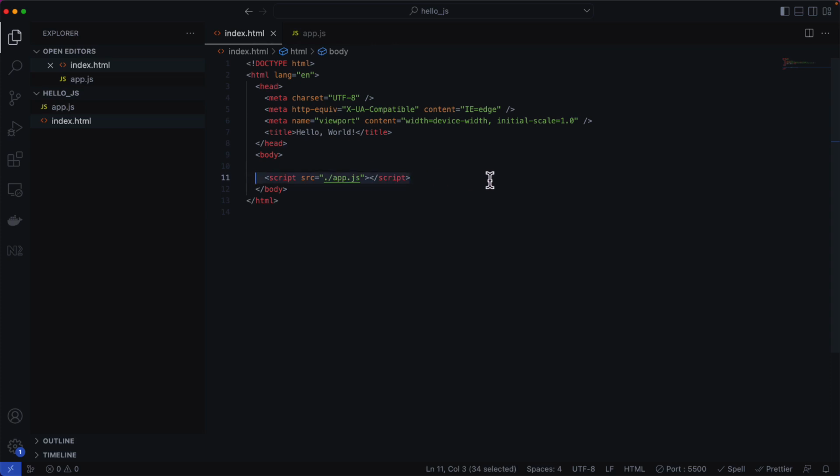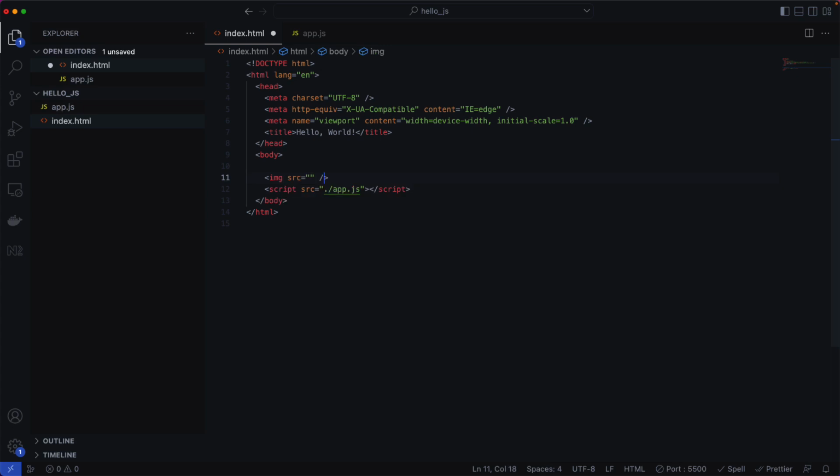You might have observed the weirdness that I am writing this at the end of the page, before the closing body tag. There's a reason for it, because HTML runs line by line. That means it starts from the top, like the document type, then html, head, meta, then body, and finally comes to a script tag. It tries to load that file from the file system and give the code to the V8